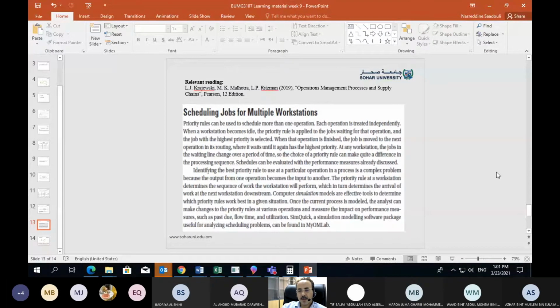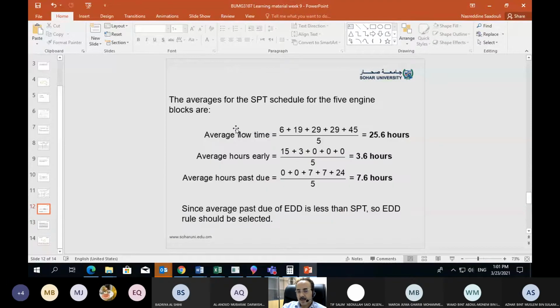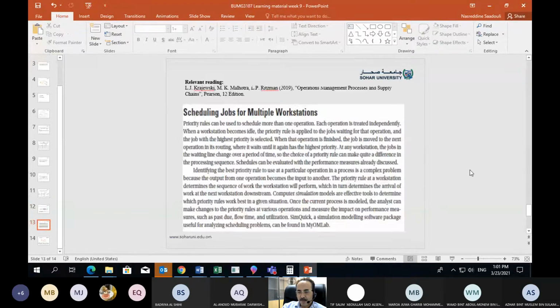Among those criteria are the ones we have looked at earlier, for instance, the average flow time, the average hours early, or the average hours past due. There could be some other criteria, such as the proportion of jobs that have been completed on time, or the proportion of jobs that have been completed past the due date. There are a lot of different combinations, but the problem itself is actually more complex than that,